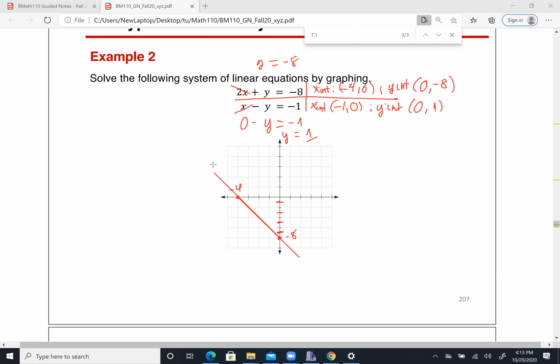That is for the first one, and now I'm gonna try the second one. The second one has x-intercept -1, and y-intercept is (0, 1). So if I want to draw a line going through these 2 points,